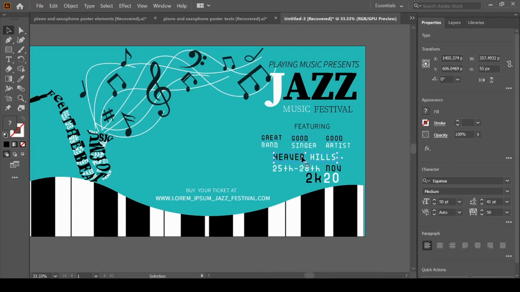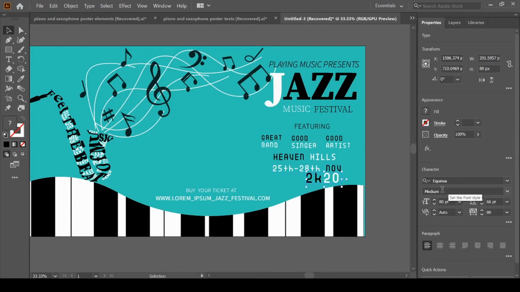Now here I took Equinox, medium, 50, and the tracking is 50. Same Equinox, size is 50 and tracking is 58.